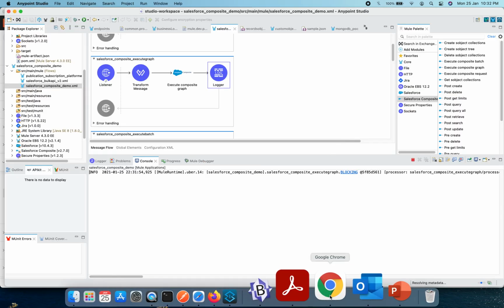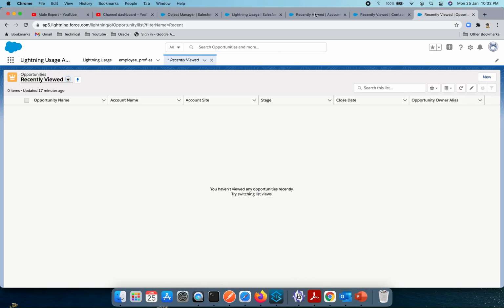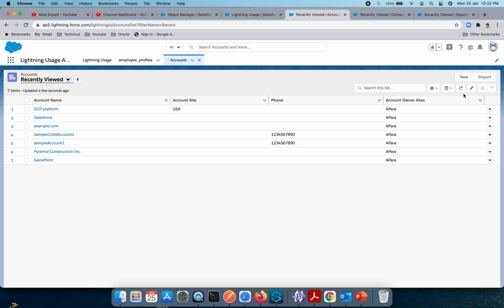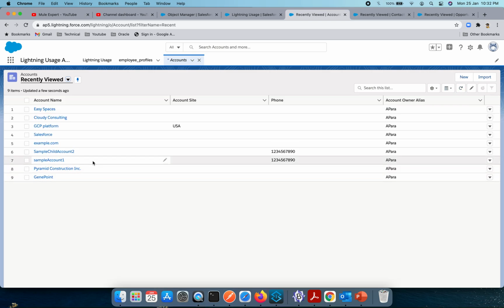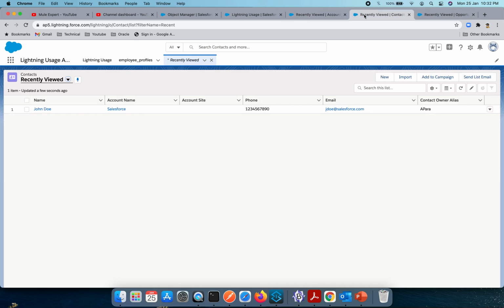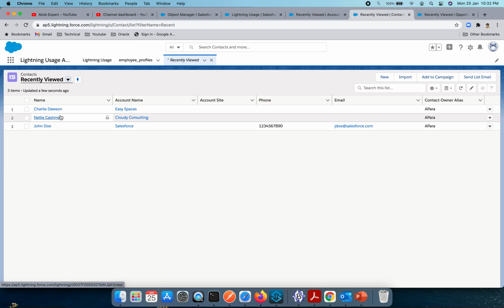Okay, so let's go over here and go to the accounts. Let's give it a refresh. So we can see Easy Spaces and Cloudy Consulting are both created. Just now they were created, and now I'm going to refresh this contact list as well. So Nelly Cashman as well as Charlie Dawson are both now available.